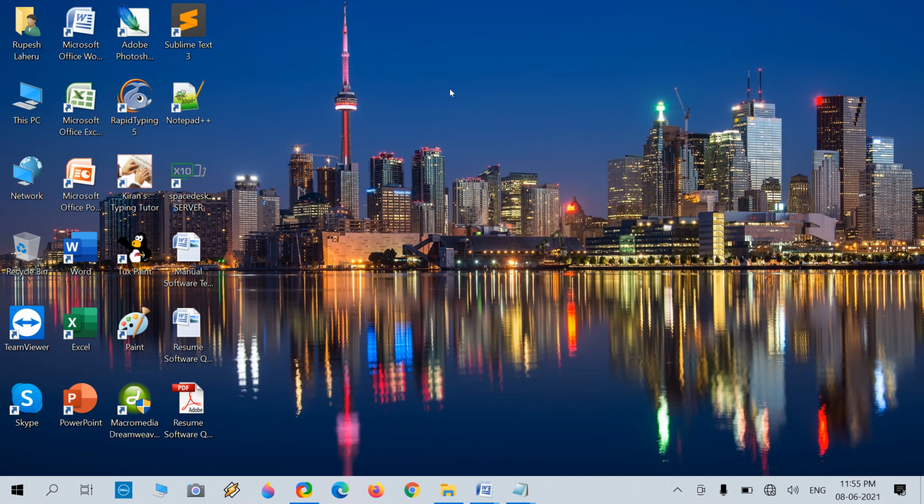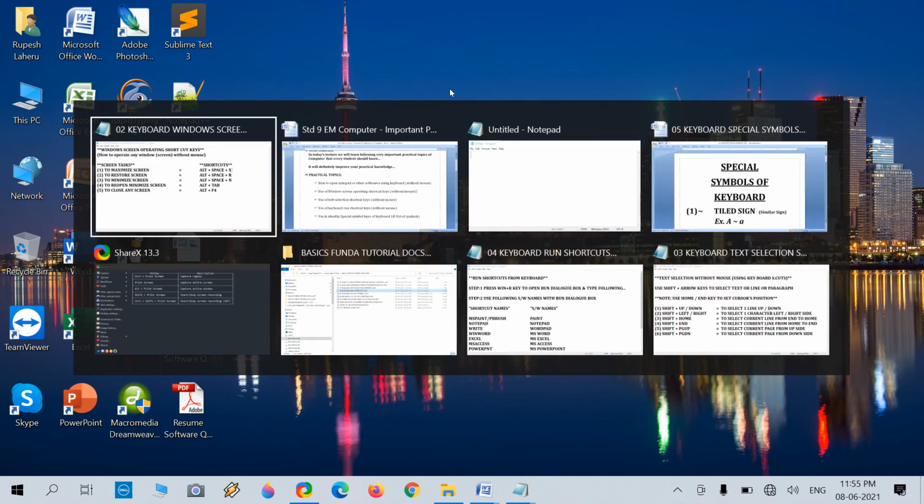Now to reopen the minimized screen, press Alt with tab and it will display all the screens which we have open, the current screens of our different tasks.